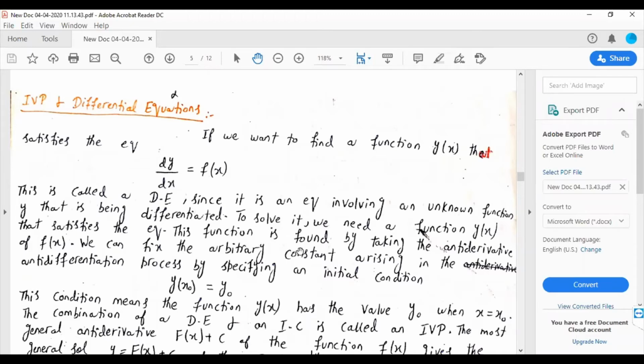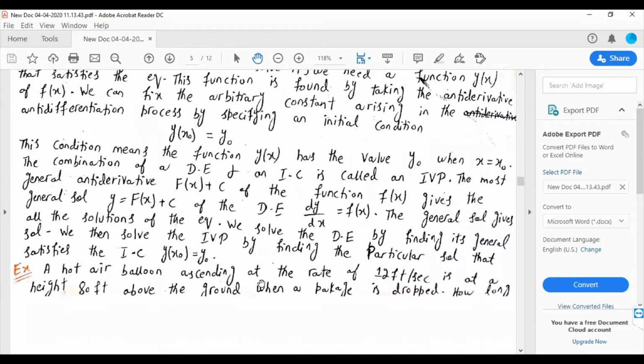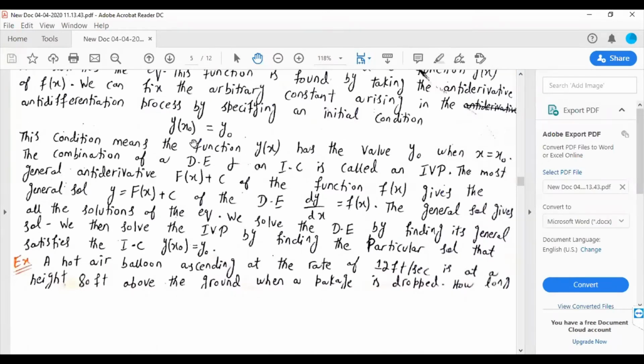This function is found by taking the antiderivative of the function, and we can fix the arbitrary constant arising in the anti-differentiation process by specifying an initial condition y of x naught equals y naught. This condition means the function y of x has the value y naught when the value of x is x naught. So the combination of a differential equation and an initial condition is called an initial value problem, and most